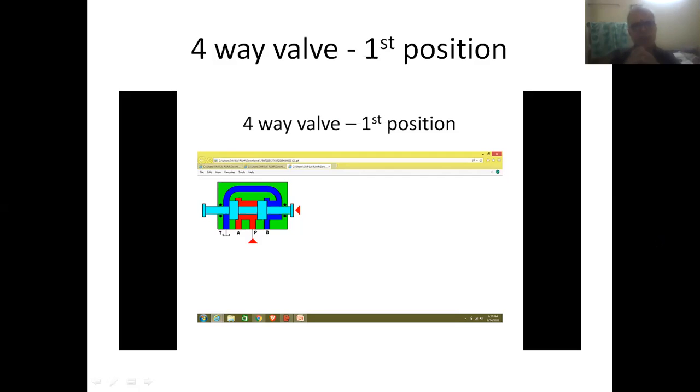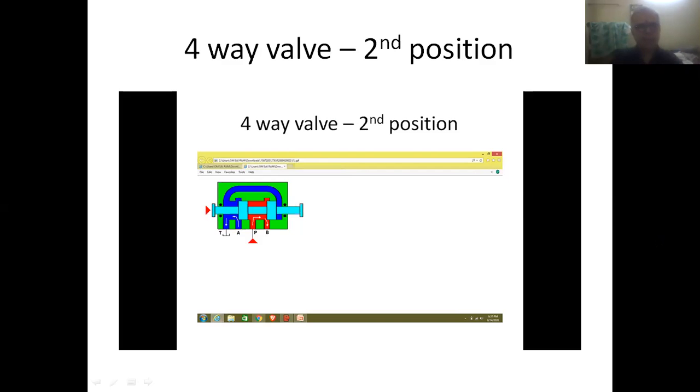So friends, this is the figure which indicates the first position of the four-way valve. And we can see in this figure the second position of the valve.